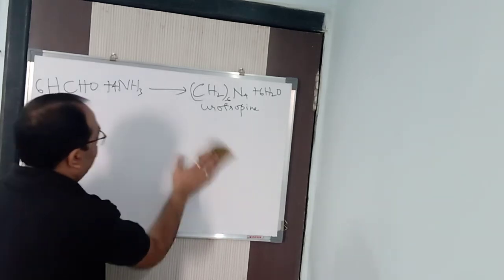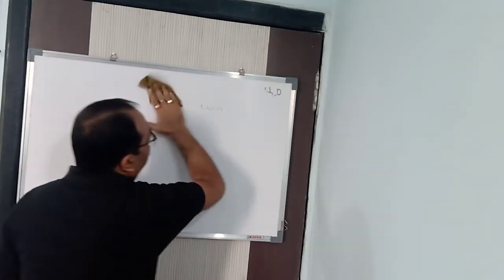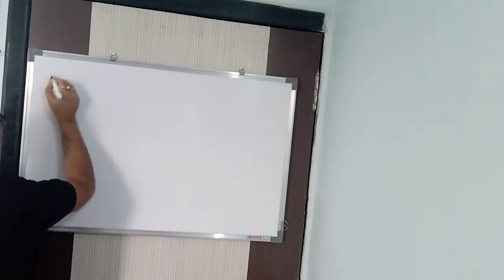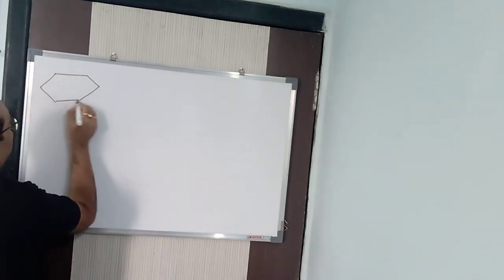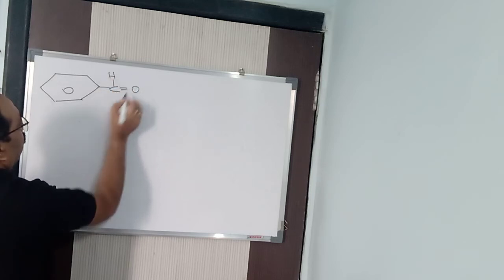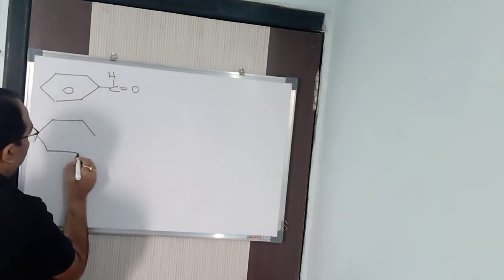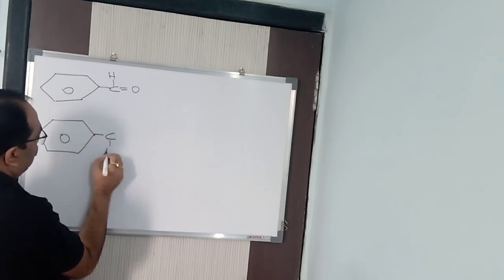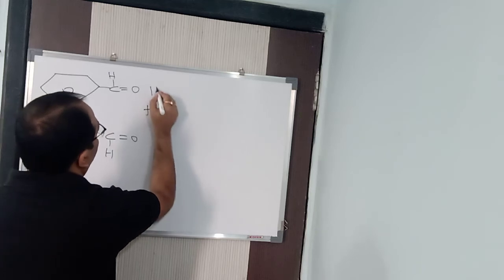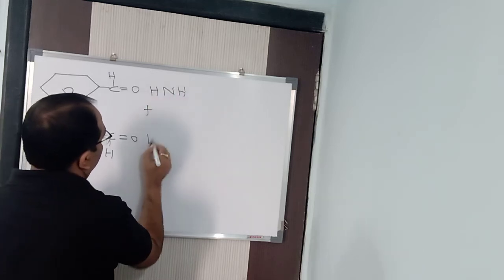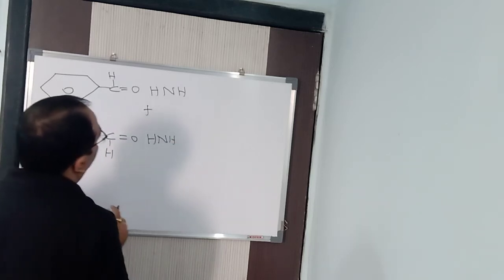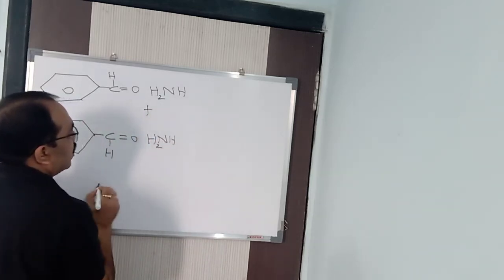Now next, after that, when this reaction will take place with benzaldehyde. Alright, with benzaldehyde, when it is going to take place. See here. One molecule. This is another molecule. As I am writing, you write it in this way, so it will be easy for you to understand. Here H and H, we are doing the reaction with ammonia, H and H. So ammonia means H2NH.